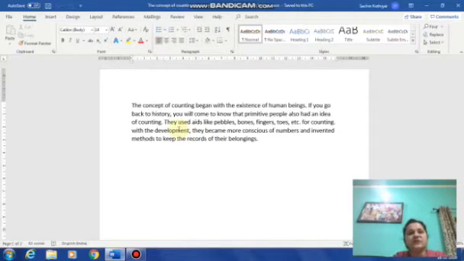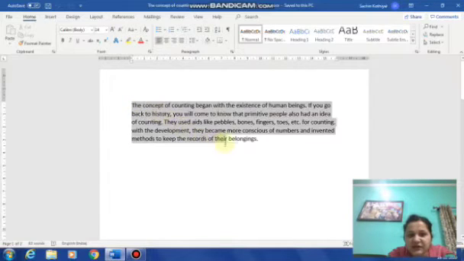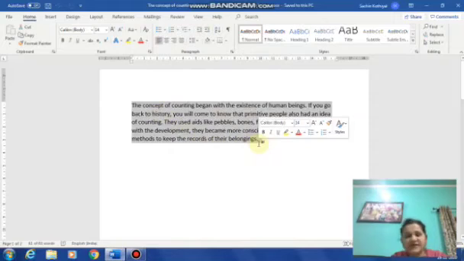For this, see, here it is written: to perform this task, follow these steps. Now see it very carefully. What is the first step? At first, select the paragraph or the page to be highlighted. Suppose I would like to select this whole paragraph to be highlighted. Now the first step is done.